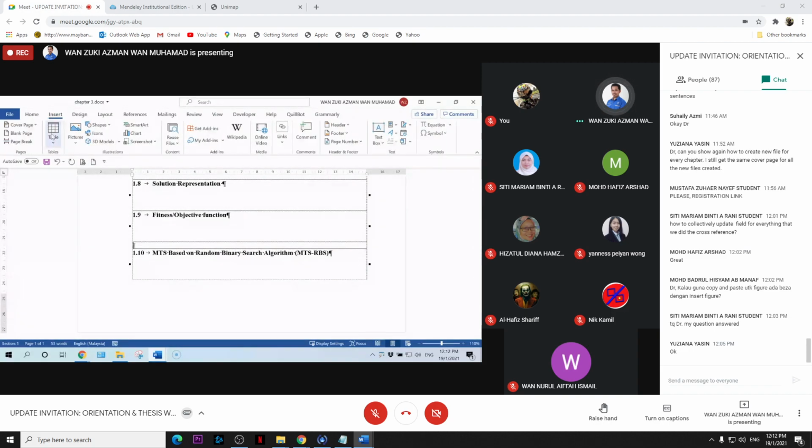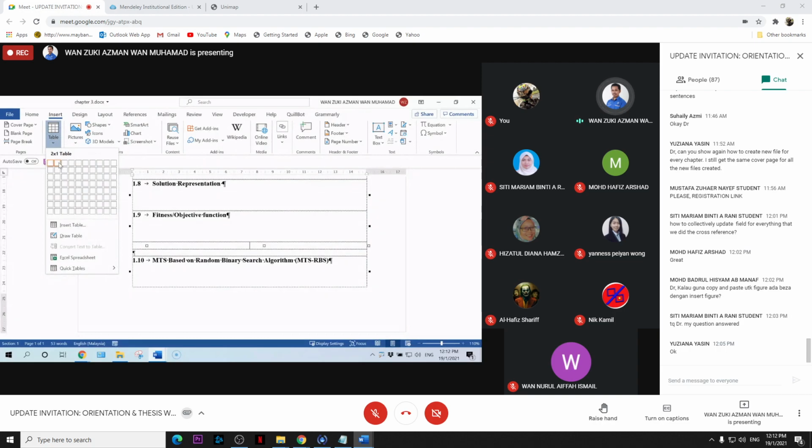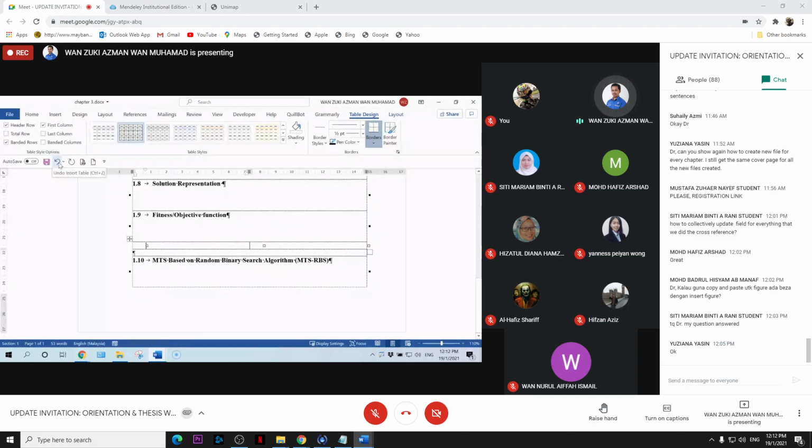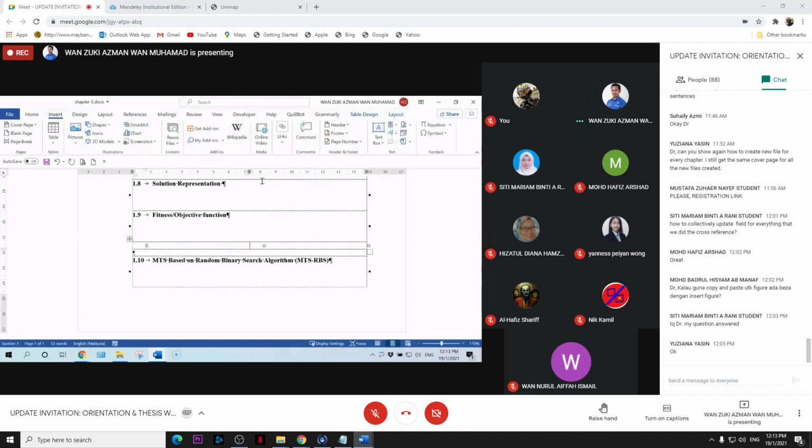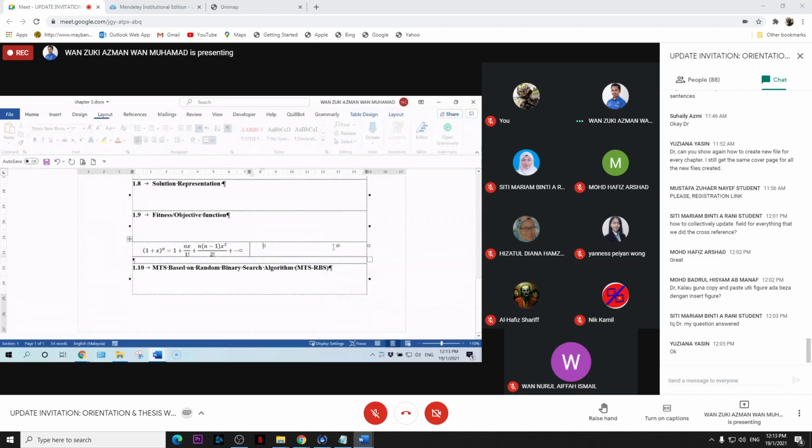You need to make it a 2x1 table, one column for the equation and then one column for the equation number. Let's say here the first column, you insert the equation. So I just use equation here. Let's say my equation is like this. And then another column, you can control here. Another column for the